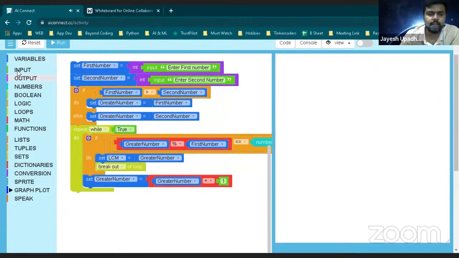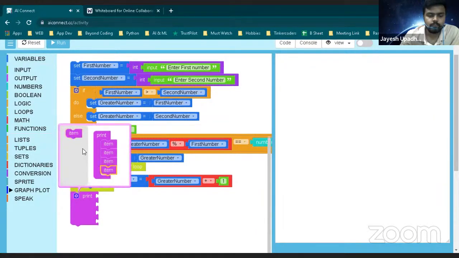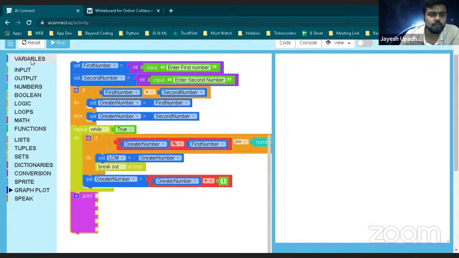right? Or at the end what I will do, I will write print item. So I've added one total, there is 1 2 3 4 5. Let's just see what I will do for this.